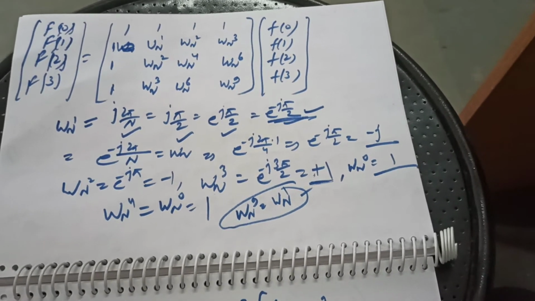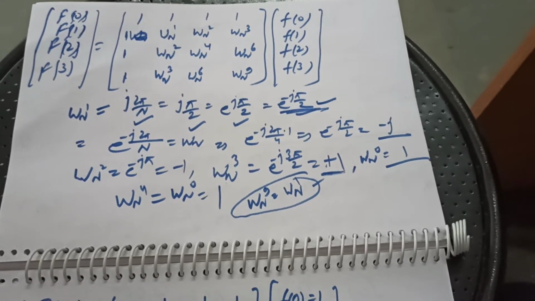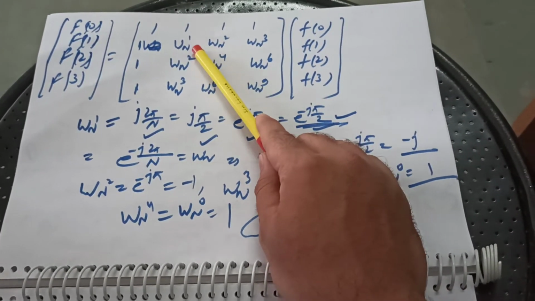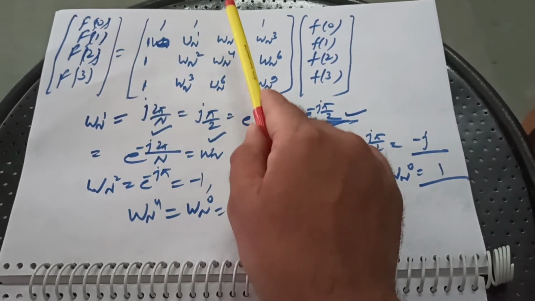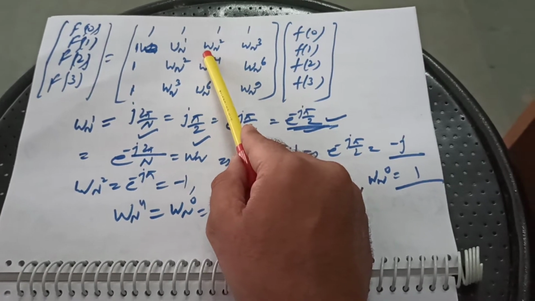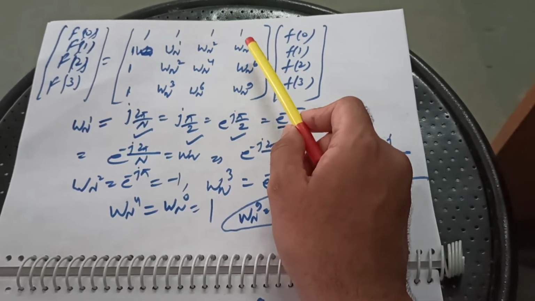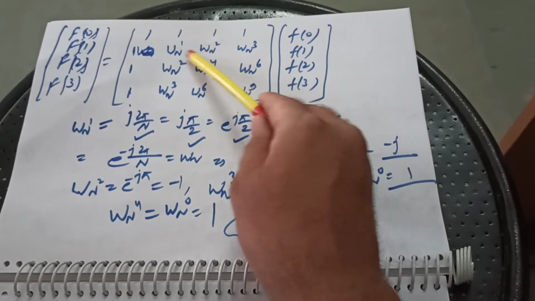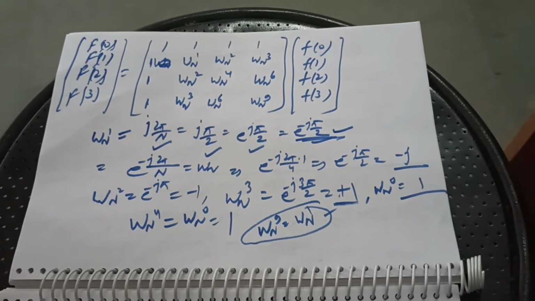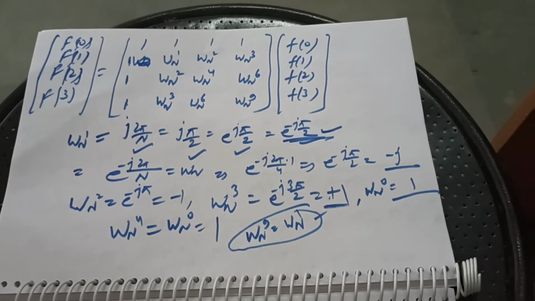Now coming back to the first part, in this row you can see in this part the Kn is 1 because K is 1 and N is also 1. In the second element of this matrix, K is 2, N is 1, so it is 2 into 1, 2. Wn3 is K equals 1, N equals 3, so Wn3. In this way, the elements of the matrix are formed.